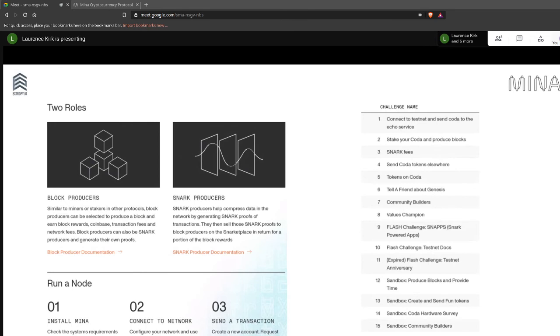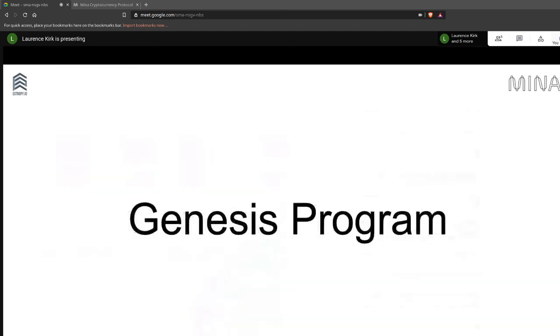It's worth getting involved in the testnet. Try running your own node. Try creating some transactions. There are incentives for people to get involved. They have a leaderboard, so as you do various things on the testnet and progress, doing more and more, you will be awarded points, and the leaderboard shows who's doing the most.